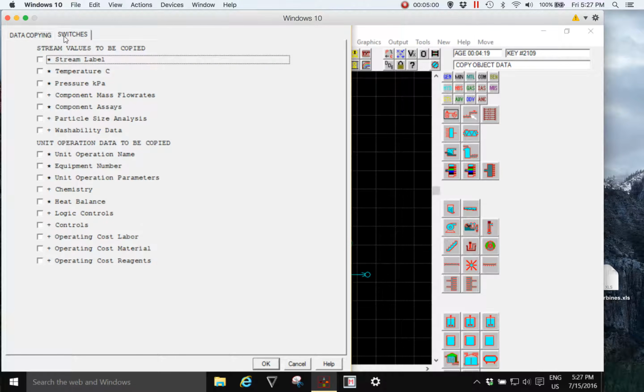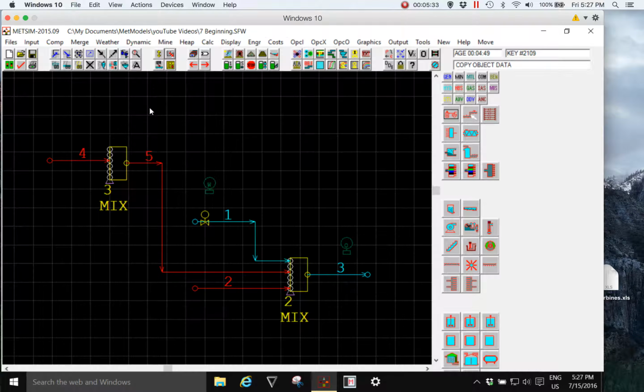On the second tab, switches for stream values to be copied, I only need to select the component mass flows option. You can see that there are switches also for unit operation, as this copy object data tool can also be used to copy object data for unit operations. So for the stream with component mass flow selected, I will now OK to exit the